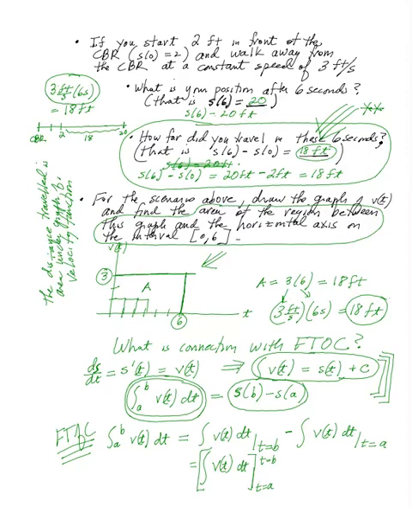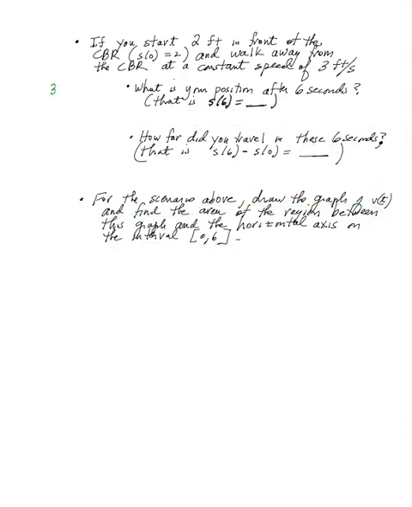If I start 2 feet in front of the CBR, in other words, the position at time 0 is 2, and walk away from the CBR at a constant speed of 3 feet per second, I have walked what? For 6 seconds, I've walked at 3 feet per second. So I've gone a total of what? 18 feet, haven't I? But I started at, here's the CBR, I started at 2 feet, and then I walked